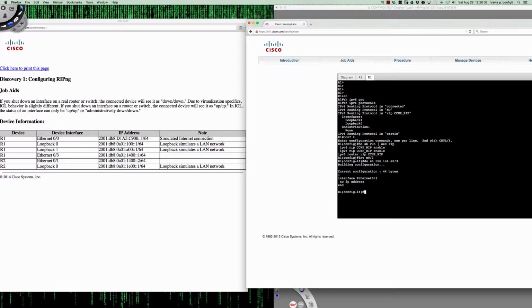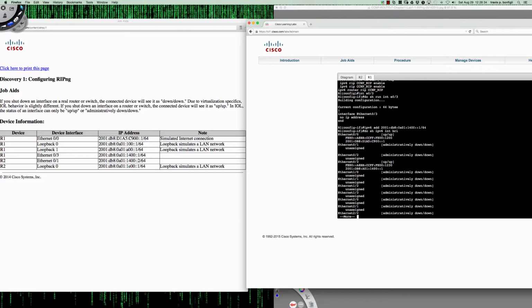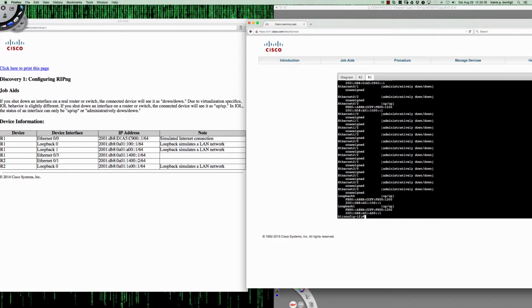So let me click back in here on router 1. IPv6 address 2001:DB8:A01, and definitely a little different than the typical ACAD that we normally saw. Let me make sure I got this right here. 2001:DB8:A01:1400::1/64. Now, if I do show IPv6 interface brief for Ethernet 0/3,